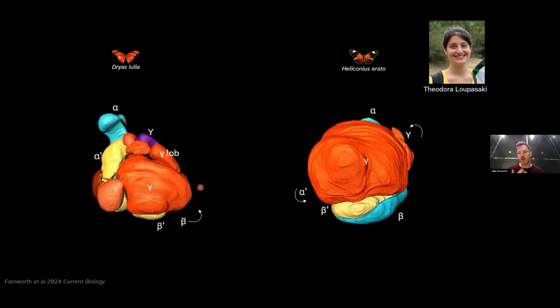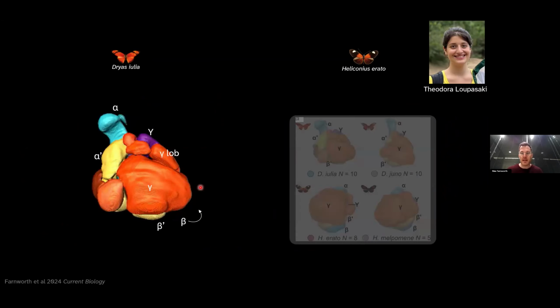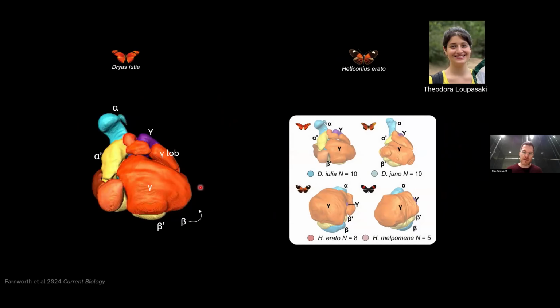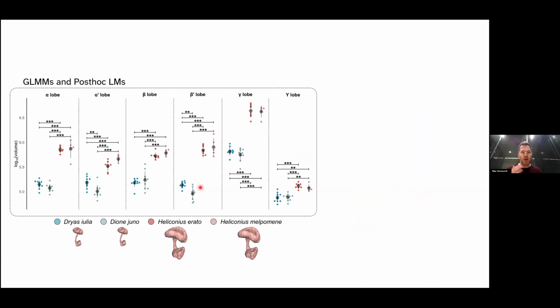And the different colors correspond to these different Kenyon cell types. But I wanted to, of course, get some kind of statistical insight into this. So we had a slightly expanded data set and then made general linear mixed models and other tests as well. And what we see here are the results of a general linear mixed model. So on the y-axis, we have the volume that these different Kenyon cell types occupy. And on the x-axis, basically the different types of Kenyon cells. And in blue are always the non-pollen feeders, in red are the pollen feeders. And you can see the pollen feeders are always higher and significantly so in terms of their Kenyon cell volume.